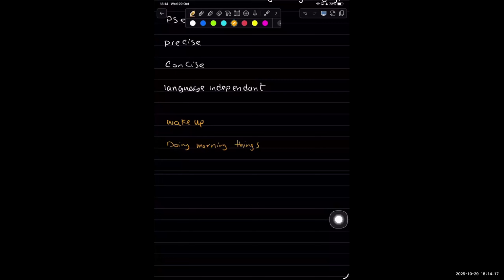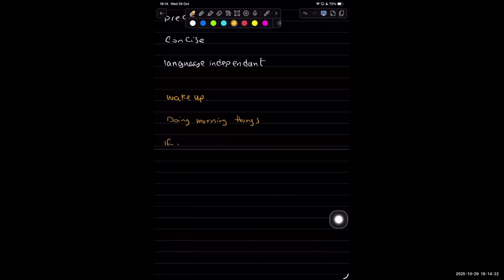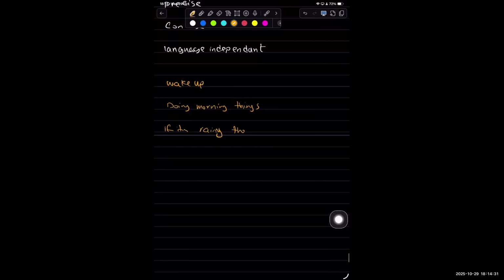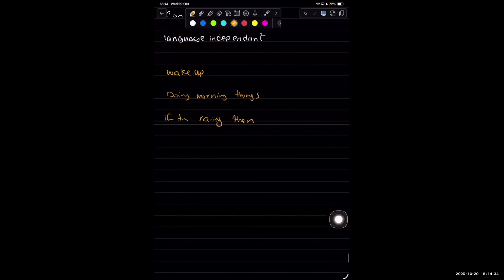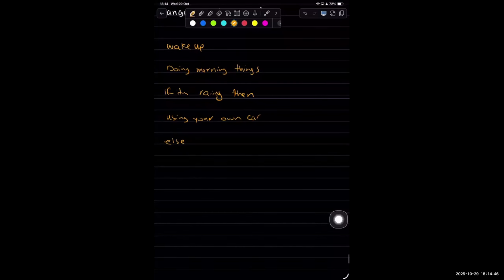Morning things for someone might be doing yoga, might be preparing the kids, I don't know. Then you have if. If it's rainy, then driving or using your own car. Else, it means that if it's not rainy, you can use public transport